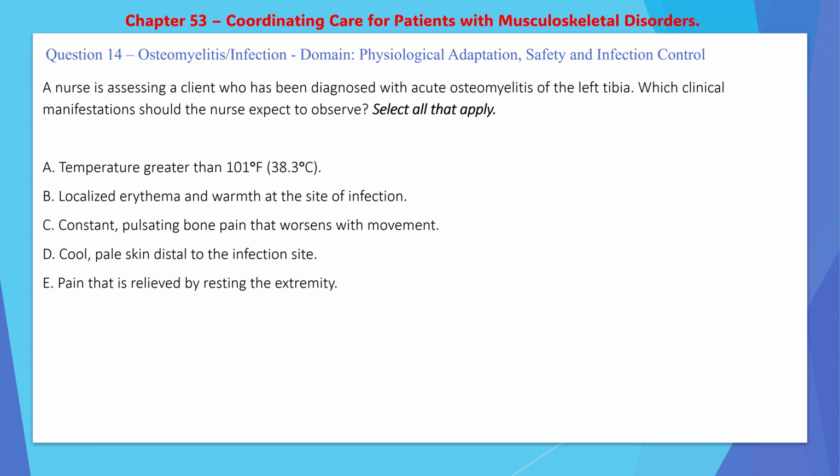A nurse is assessing a client who has been diagnosed with acute osteomyelitis of the left tibia. Which clinical manifestation should the nurse expect to observe? Select all that apply. A. Temperature greater than 101, 38.3 Celsius. B. Localized erythema and warmth at the site of infection. C. Constant